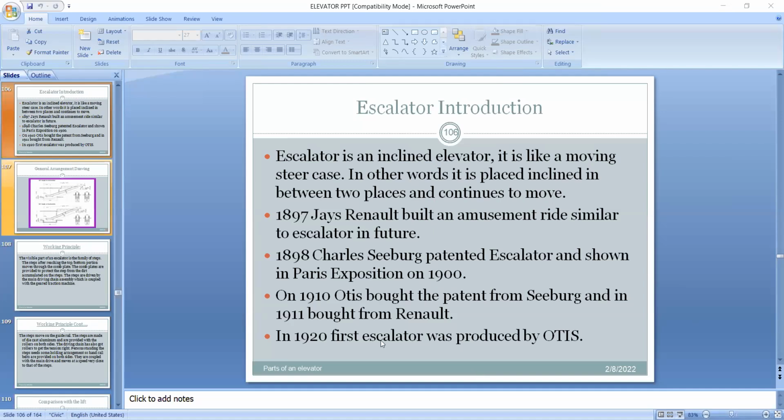Tell me, please. Sir, I have a question about the leakage in the elevator. What type of leakage may occur? Leakage means leakage current or leakage of water. In the slide, I think on number 32, there is the malfunctioning which occurs in an elevator. There shall be two types of leakage.